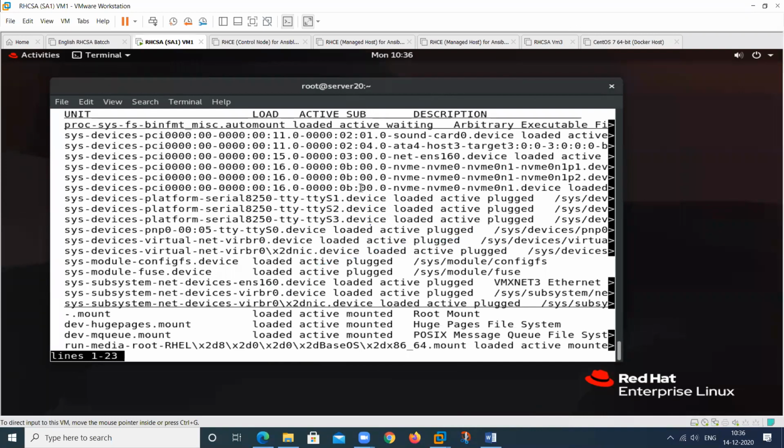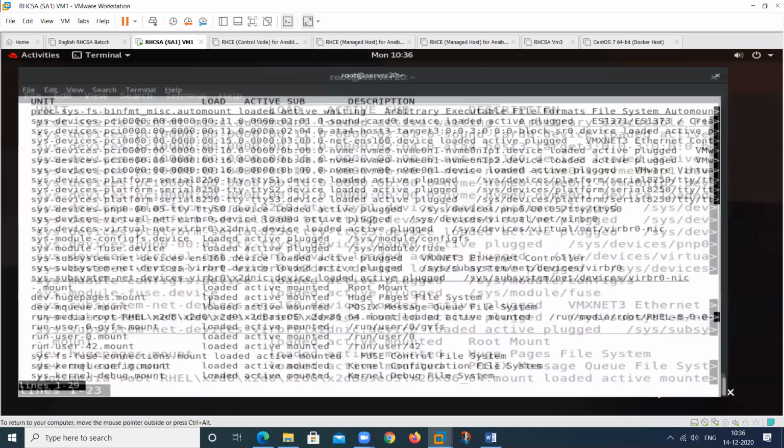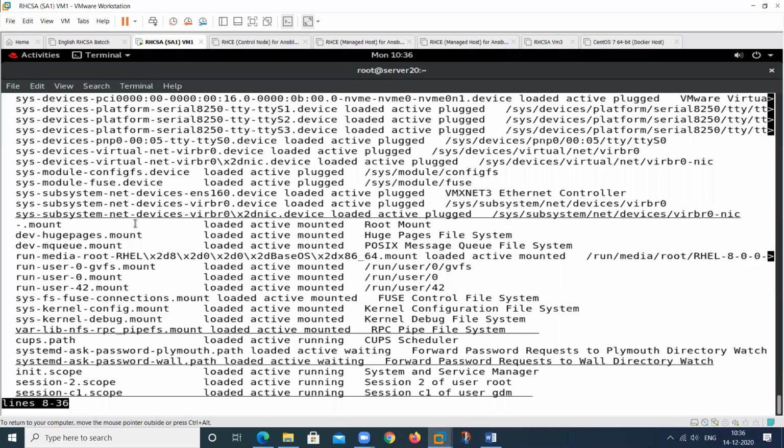Okay. See, this is the mount unit. This one is a device unit. This is a mount unit. These are all the units, so it will display all the units.